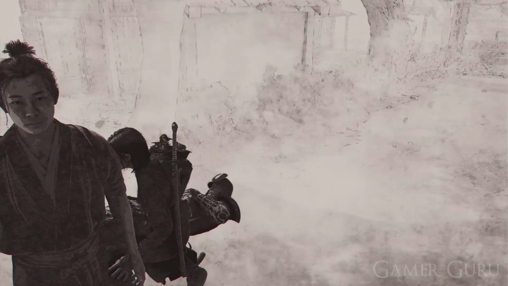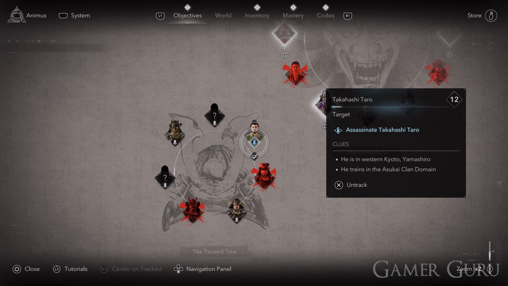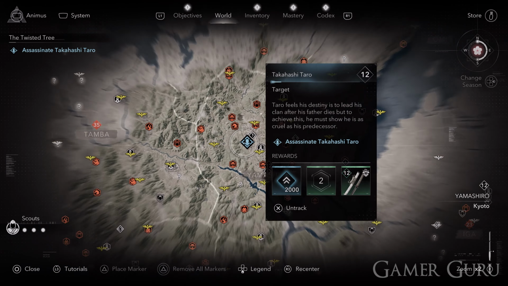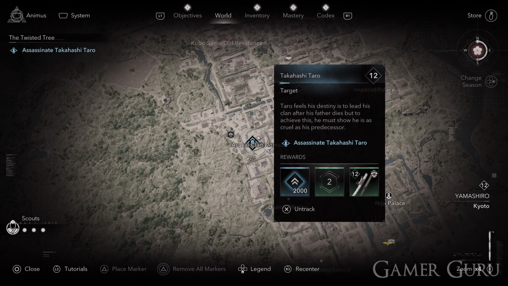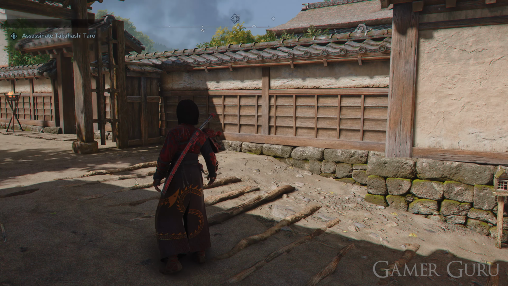So that is 2 of the 7 taken care of, and heading in for the third one is going to be Taro. You've probably got the gist of this by now, but all of these targets are inside the Yamashiro region, specifically inside Kyoto. For Taro specifically, we're going to be heading to the Asukai clan domain, which is found just to the left of where you can see the spelling of Kyoto here on the map. So zoom in here, and you'll normally be able to find him training in the south part of the clan